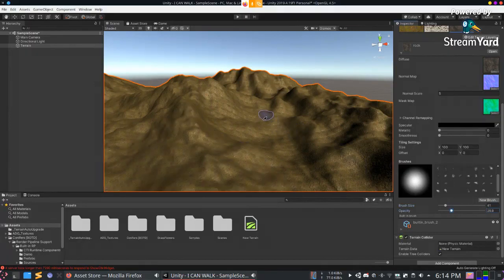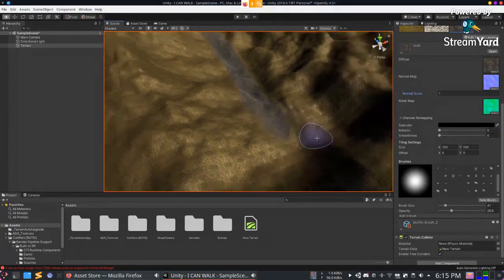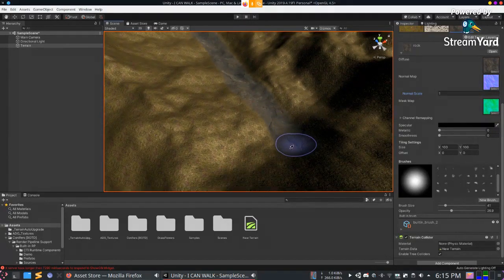Opacity also decrease. Yes. Let's say there is a stone path somehow.